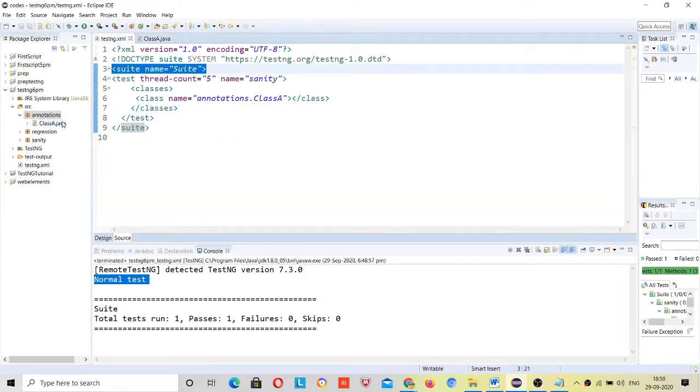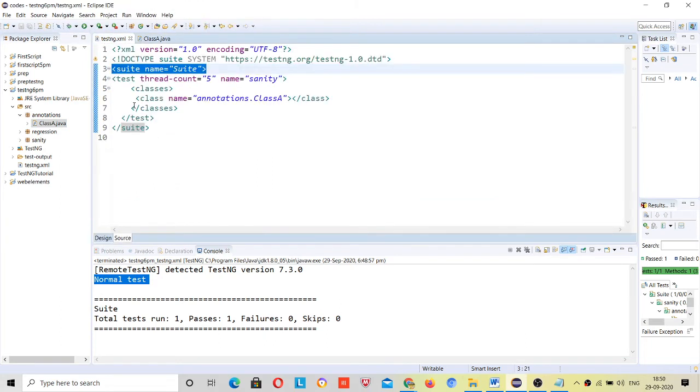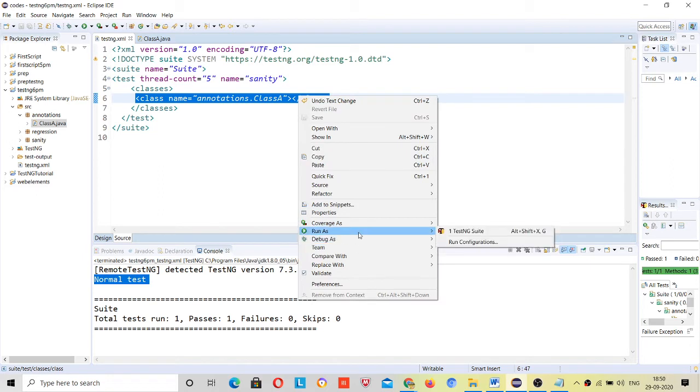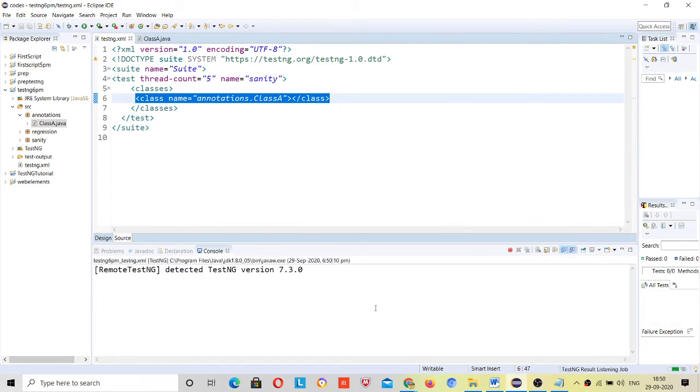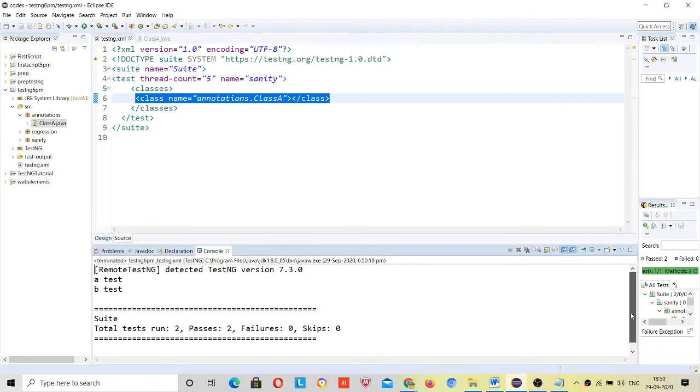I have included this class A in this testng.xml file, right? Let me run it. See what should be the output. A test and B test are the output. Both test cases passed.